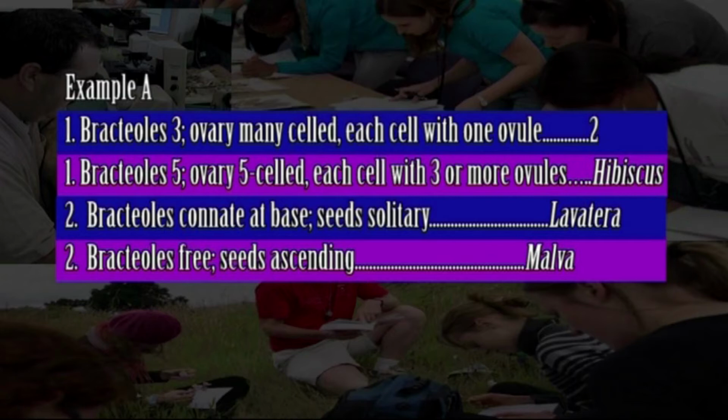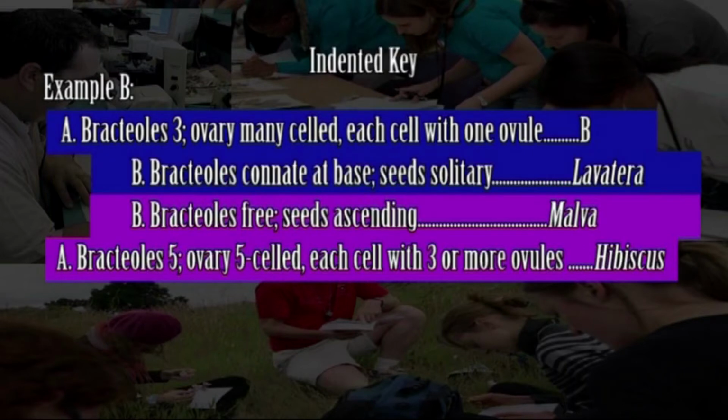Taxonomists have different opinions about the design and format of a dichotomous key. Some use numbers to separate the couplets, while others use letters. Some taxonomists place each couplet together, while others may separate couplets. For example, here you see a numerical key with leads of a couplet together and parallel to each other, and example B is an alphabetical key with some leads of a couplet separated or indented as depicted.